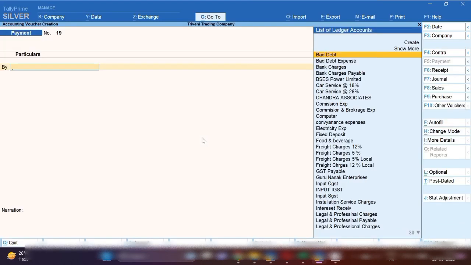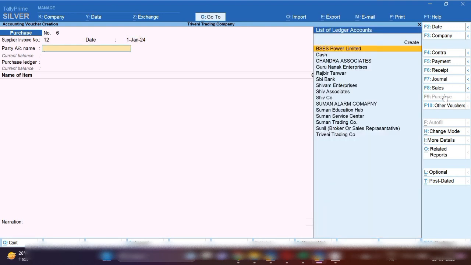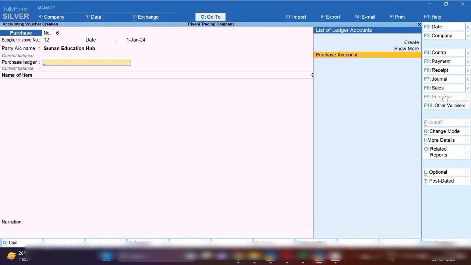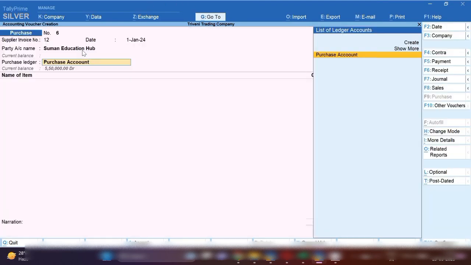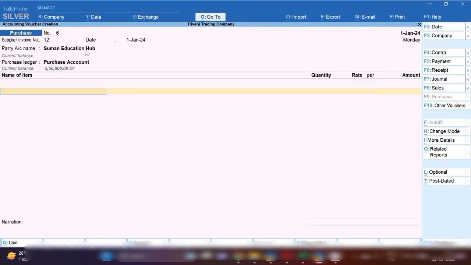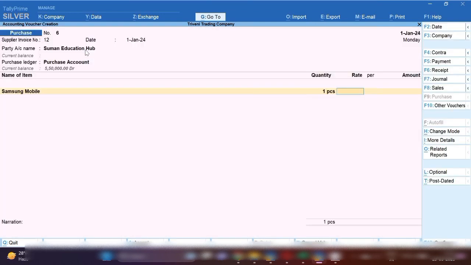Now let's go to record a purchase entry so that I can show you how to use the percentage wise freight charges ledgers we have created, and how you can replace them with a common freight charges ledger. So I'm going to pass a purchase entry here. You have to select the party, date, invoice number, purchase ledger, and here I'm going to select the item, the name of the item which we are going to purchase in the purchase invoice. Let's suppose I'm going to purchase a mobile, one piece of mobile